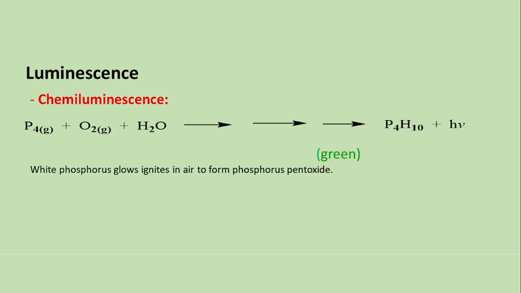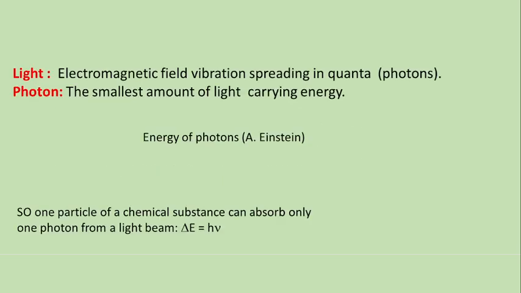Luminescence, we have to see a similar example, that is chemiluminescence. Phosphorus glows, ignites in the air to form phosphorus pentoxide. Similarly, we also know the